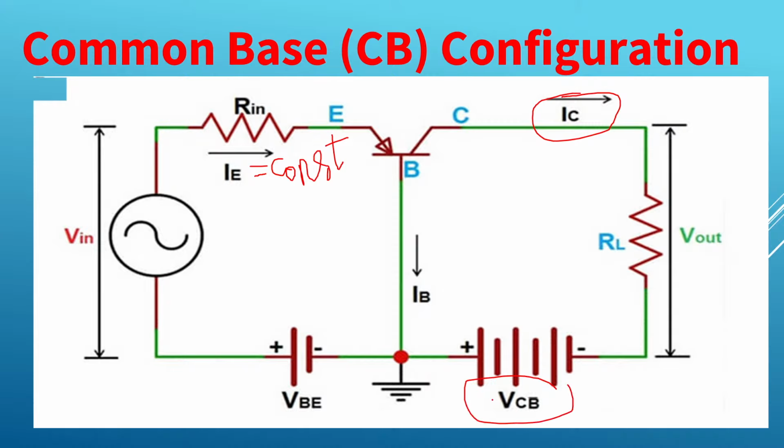These are the output parameters, isn't it? IC, Vout and VCB. As VCB varies, automatically IC will vary. We will assume some value for IE; IE is kept constant. So for different IE values,